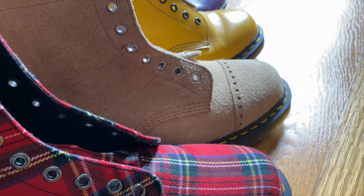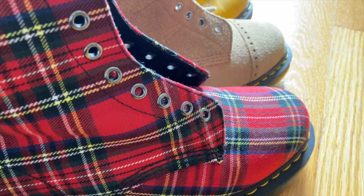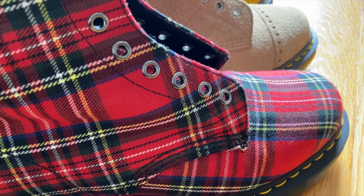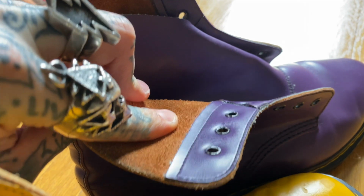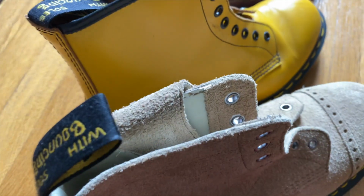So these are a pair done in 2020. It's a pair done from 2018. Wanted to get different materials too and show that even though different materials are used, the stitch remains. So these are obviously tartan canvas, and these are suede, smooth vintage leather, and then smooth vintage leather. But these are, here we go, these are from the mid 80s to about the mid 90s, and as I said, 2018 and 2020. So I took off the laces on here because I wanted to show you, this is